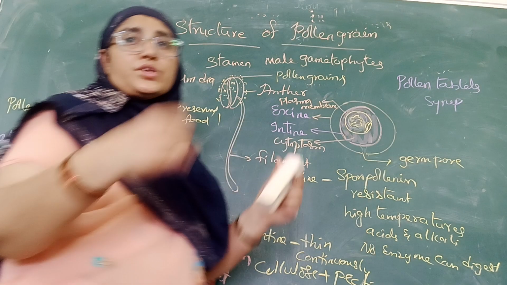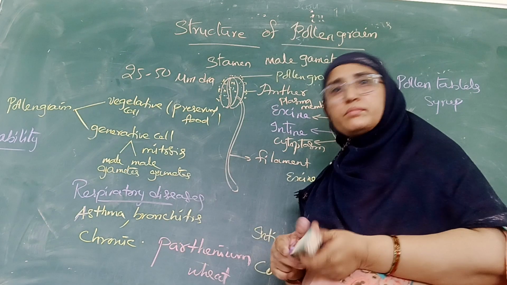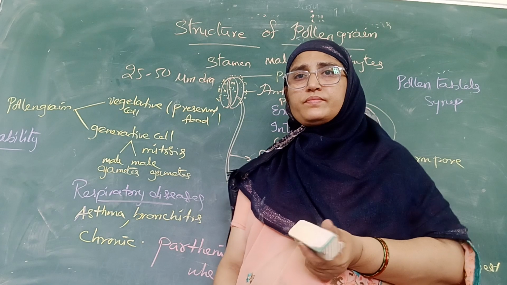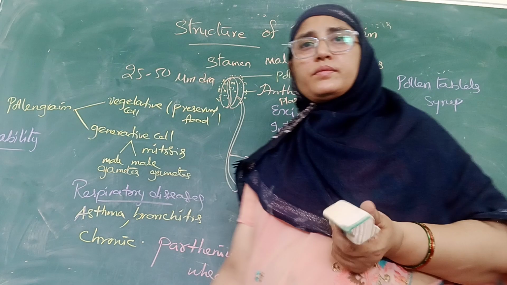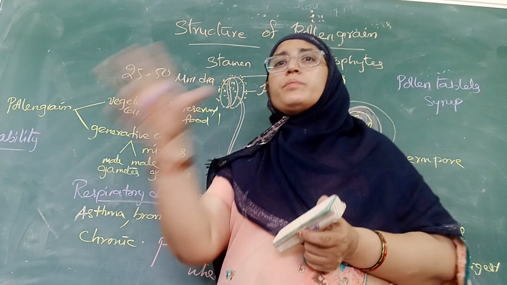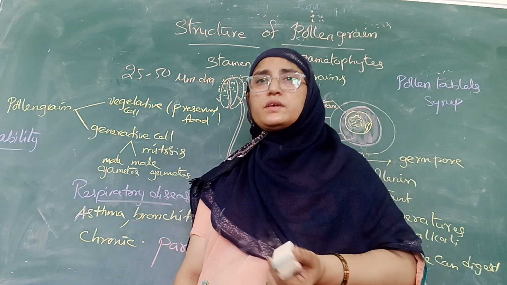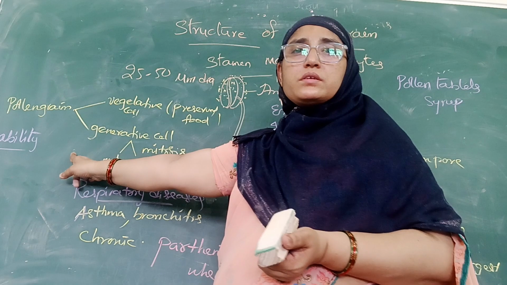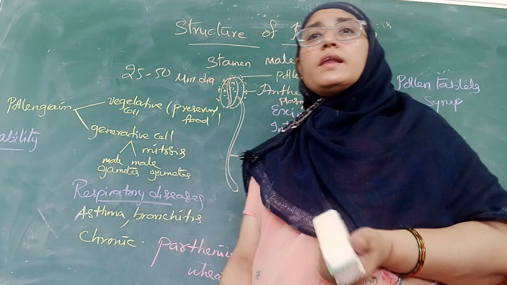Once the pollen grain is shed from the anther of the plant, we can't assure that it directly goes and sits on the stigma. Yes or no? It may fall on the ground, it may stay in the air, it may fall on the soil, or it may stick to the body parts of other animals, and remain stuck for a long time. So, what is the viability period? For what time period are the pollen grains going to be alive or able to germinate?